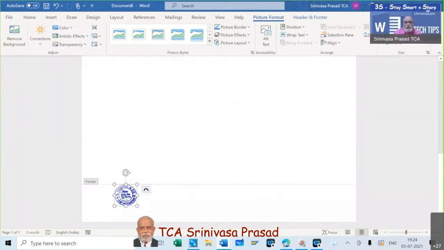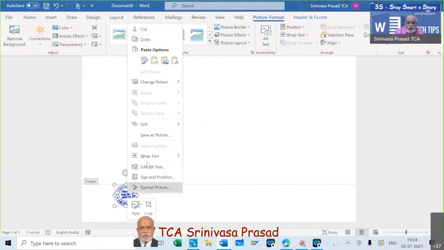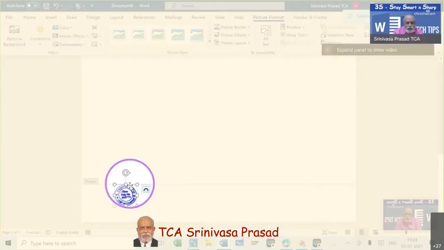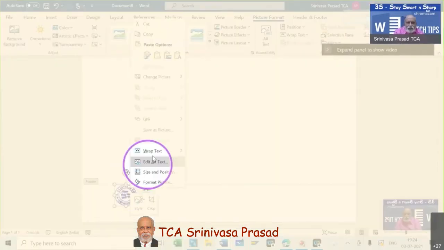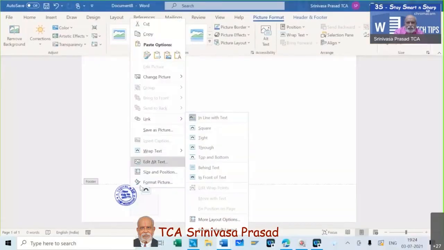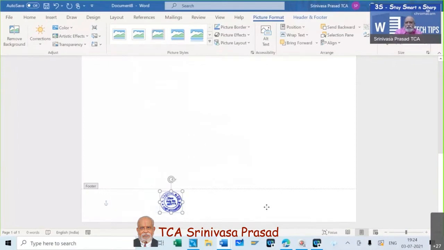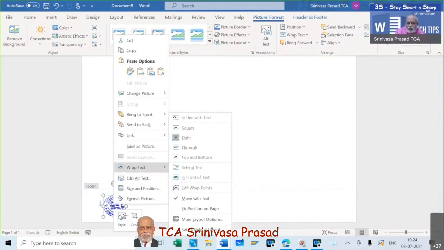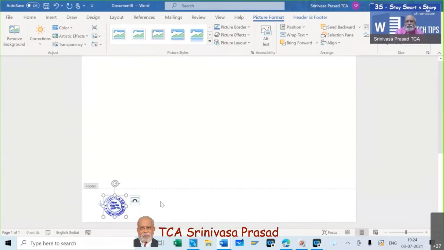Now, when you want to move this, it will not move. I don't know how many of you have noticed, whenever you are trying to insert a picture, it doesn't move. So for that, you will have to right click and then there is a wrap text. Please have a look at this. When you right click, you will have a wrap text. In wrap text, you will have to say tight. The moment you say tight, it will come to you like a dog. Wherever you take it, it will go like this. So should I repeat this again? Right click a picture, wrap text, go to tight, then only it will start moving. Otherwise it will not move.